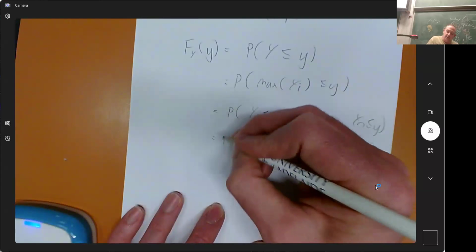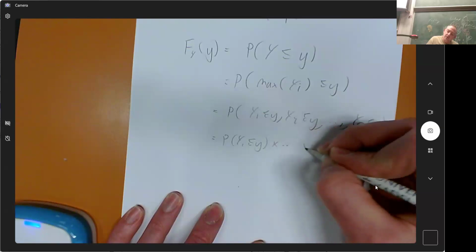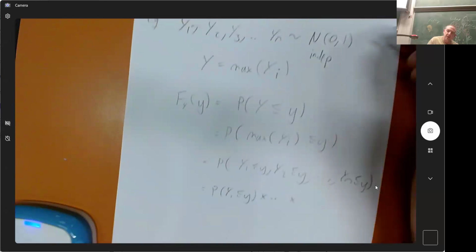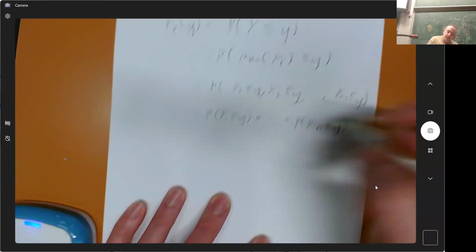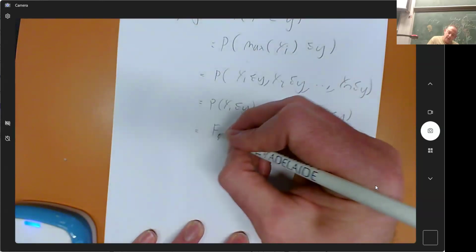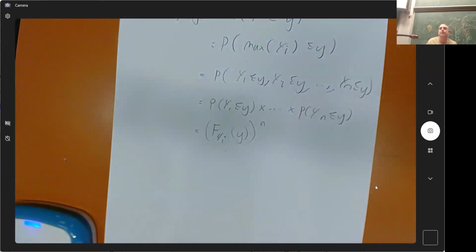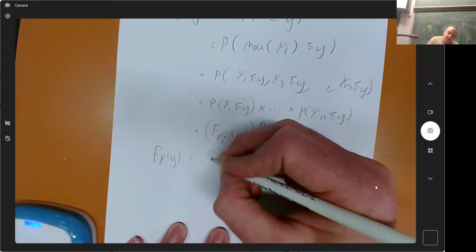And so that is the probability that Y1 is less than or equal to little y, times the others, because they're independent. And that is capital F of Yi, of little y, to the power of n. And so therefore, little f_Y of little y will be n